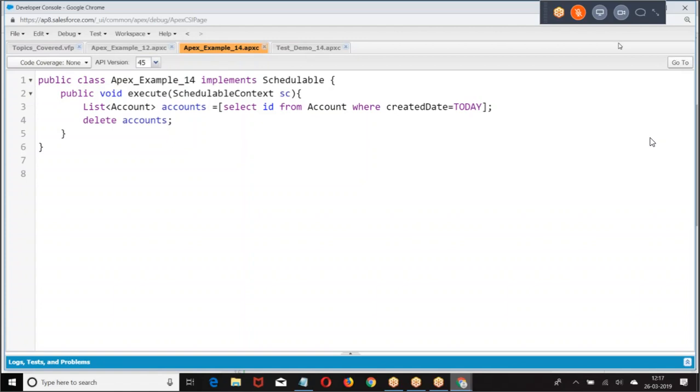In some cases, how do you control the trigger? By custom setting. I told you, make a hierarchical custom setting, make it true. If it is true, run the logic. If false, don't run the logic. Apart from that, there will be no scenario-based questions. Scenario-based questions will be either batch apex or triggers. So prepare this for interview purposes. But for surviving in the company, list, set, map, and wrapper are very important. Okay. Chalo, that's all from my end.